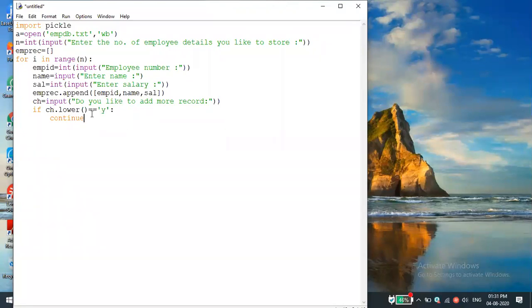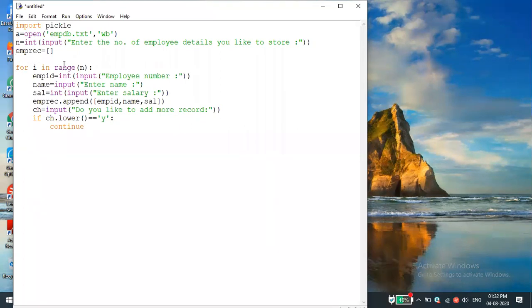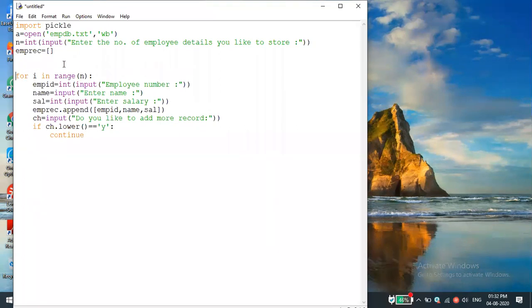For example, I will say that. Do you like to add more records? If the user gives y, the loop runs the first time. Of course, I understood. One of the girls asked very nicely. The loop will execute this statement also, no? Then for that solution, we need to give like this only, as Gautam said.